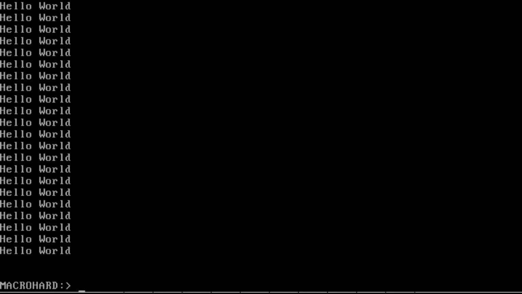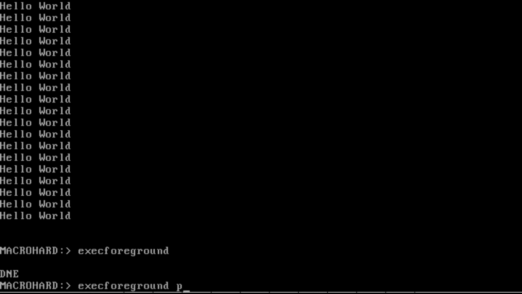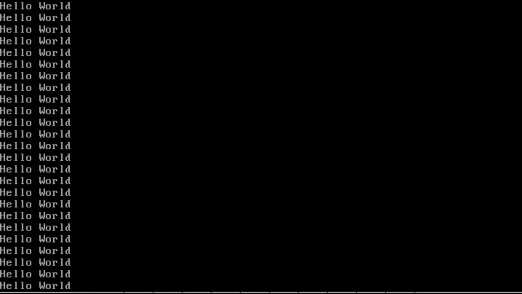In addition to normal execute, we also put functionality for execute foreground. The difference, as you will see, is if I run execute foreground on the program I just ran, it cannot be killed by its calling program. In this case, that is the shell. So the shell called exec foreground to run PLO and cannot kill it because it is being blocked.